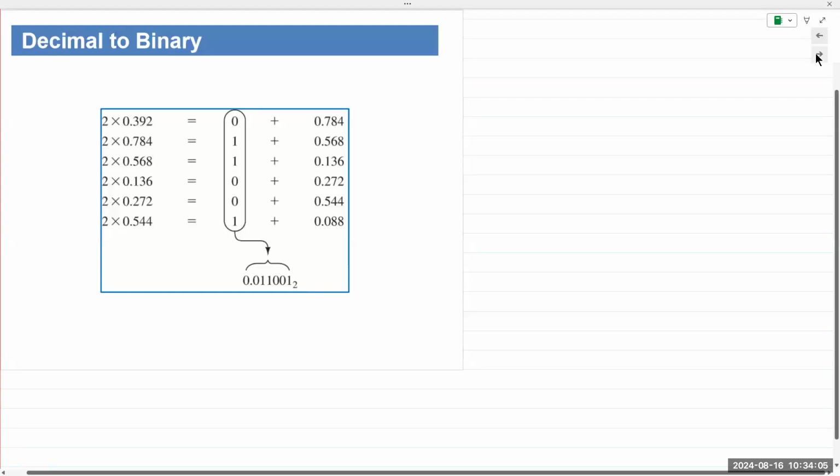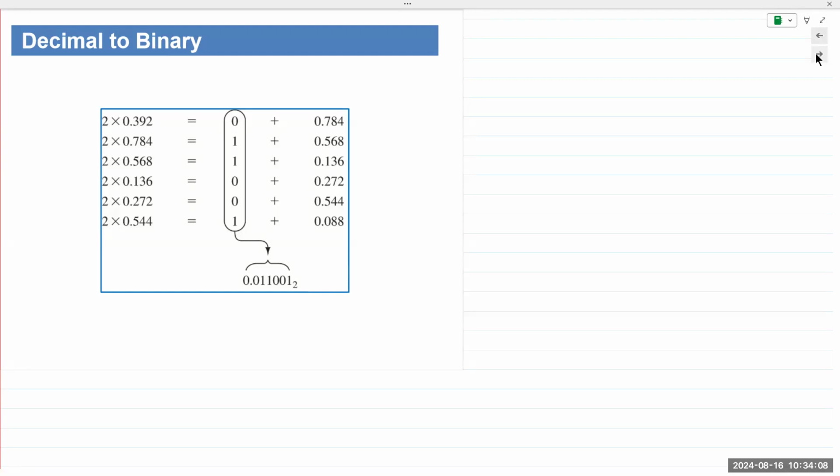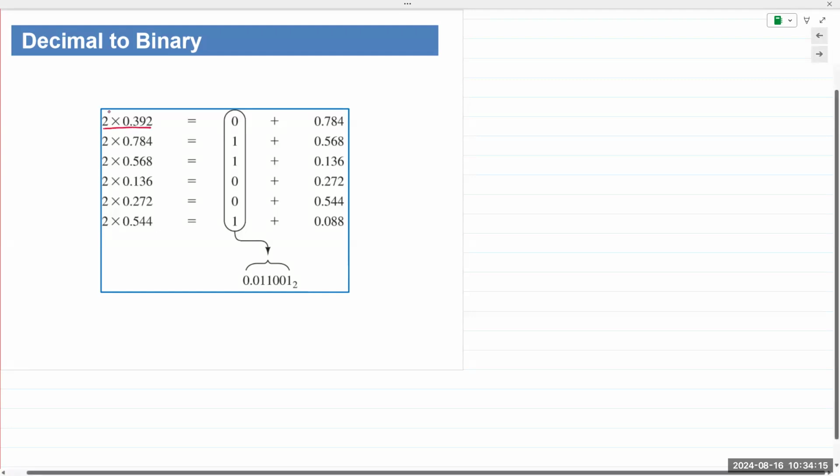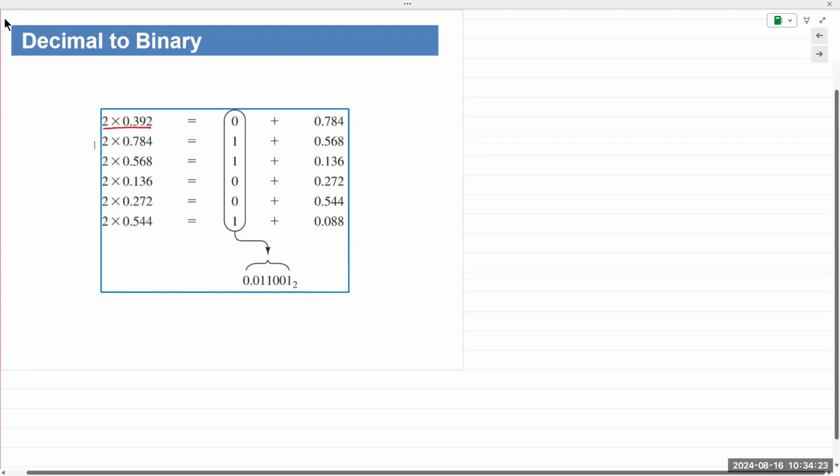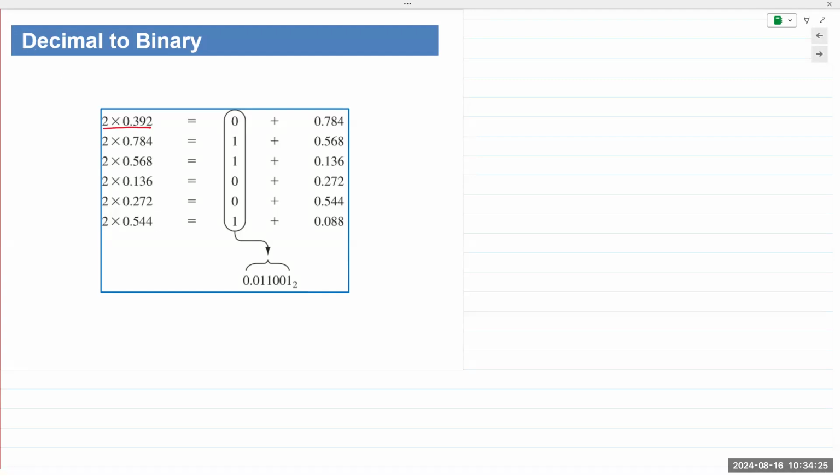Anyway, if you're going from decimal to binary for decimal fractions, then we multiply by 2. Remember when we went from decimal to binary for whole numbers, we were dividing by 2. For fractions, which are reciprocals, we are multiplying by 2. So we multiply by 2 and we write down the whole number. So for instance, 0.392 times 2